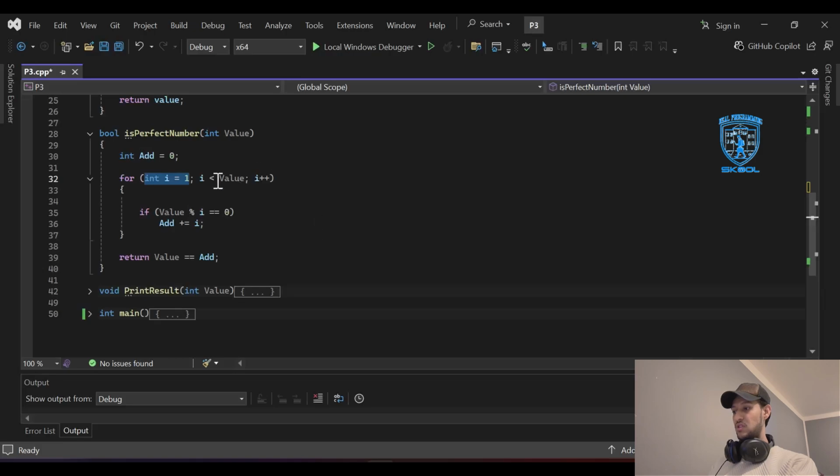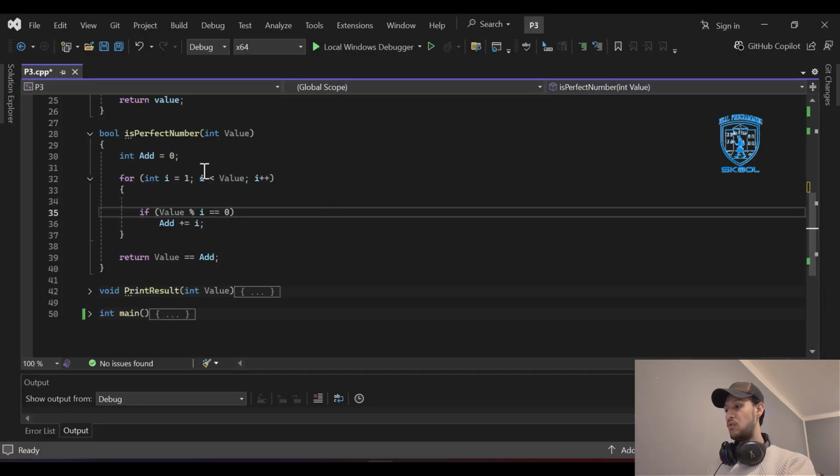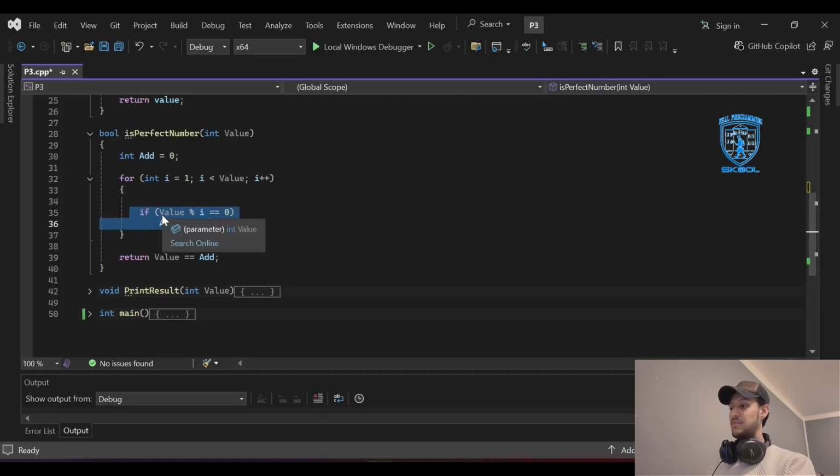And after that, we have the condition I less than value. Let's say that the value is stored as number 6, when we take it from the user. So 1 less than 6, yes, is true. So the compiler will go inside the for loop and execute the lines of code inside the for loop, which is this. What do we have inside the for loop? If statement. If value mod I equal 0,